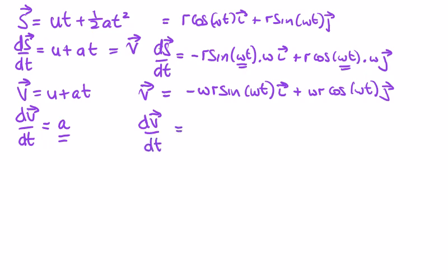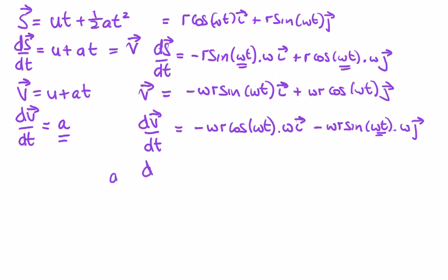So again, sine goes to cos, so it's going to stay as a minus w r cos wt by the differentiated angle, which is w, in the i direction. Cos goes to minus sine, so this is going to be minus w r sine wt by the differentiated angle again, which is w, in the j direction. So a, which is equal to dv/dt, becomes minus w squared r cos wt in the i direction minus w squared r sine wt